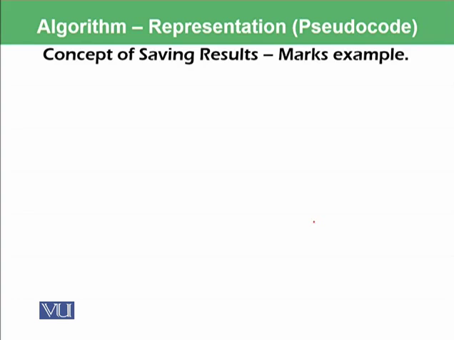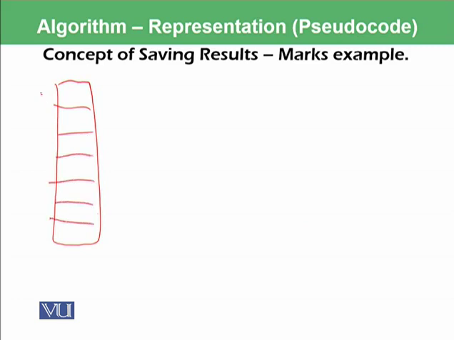So we'll start with a very basic introduction of how to represent the concept of saving results using pseudocode. You must remember our computer architecture lectures where we represent a RAM like this, and we said that every cell in the RAM has an address. So for example, this has 0001, 02, 03, 04, and so on. Suppose we want to say that you have received 90 marks out of 100 in the Introduction to Computing course. Then we will write result